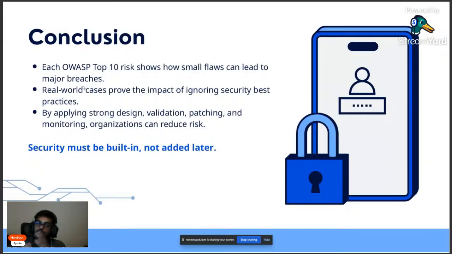So this line: security must be built in, not added later. Keep that in mind always. When you plan an app, you have to apply security. In every single stage that you are planning, you have to apply security and you have to do a security